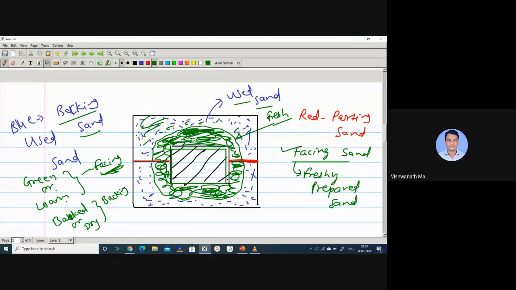Sir, how much quantity of facing sand do we use? Depending on the part, as I told you, there is no particular shape or particular thickness. It depends on the part size, so it varies. They see the part size, and depending on that they decide whether they will pour manually or go for an automatic process. There is no particular size or thickness of this fresh sand. At least it should cover all the faces. That is the main thing.